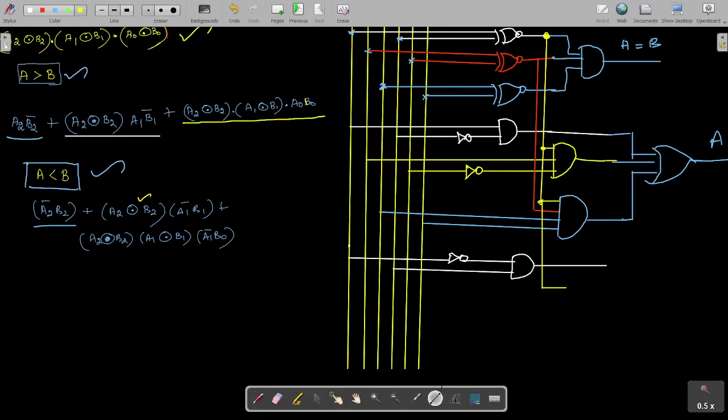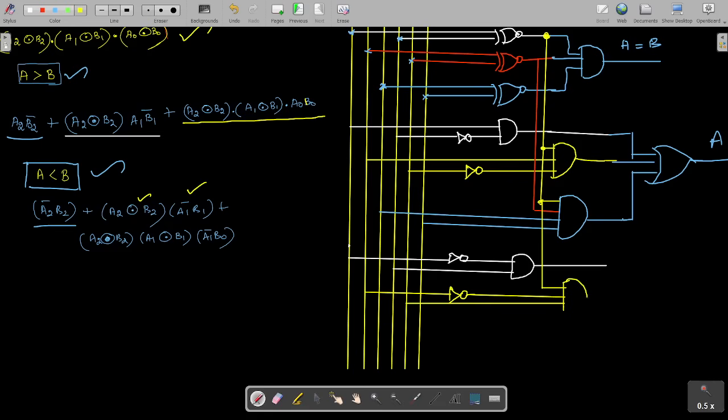For this I can take A1 bar and then B1. So for A1 bar, put one inverter here. Then A1 bar B1 is over, and along with that equivalence, we can combine this using an AND gate.